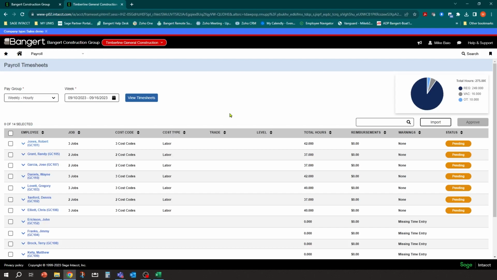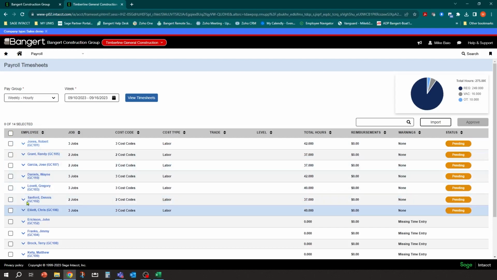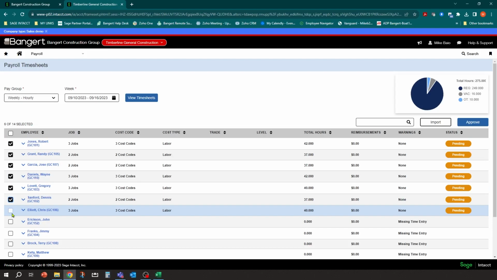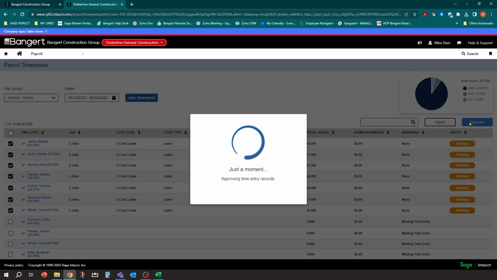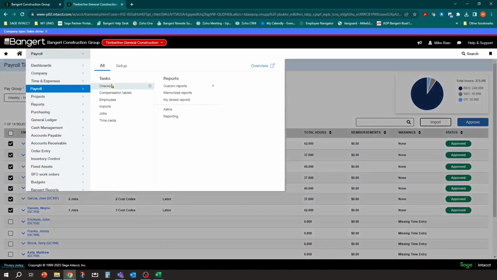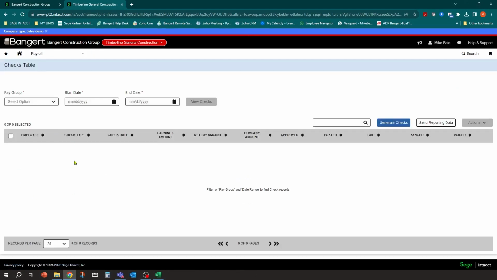So another option, and what some people do, as they get that time, you can go ahead and you can approve this time here at any point, and you can do it multiple times. But if I hit approve here, that makes that time eligible to get a check record. So you might not be ready to do your official processing yet, but I want to get that time over to a check record so that I can run some pending reports that I built and that I subtotaled my way, certain things you might want to see a little differently.